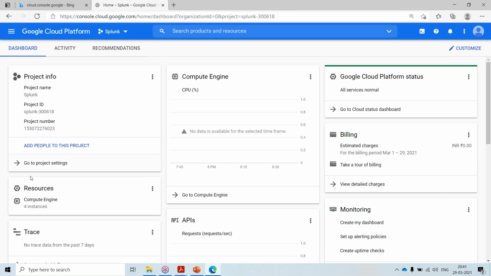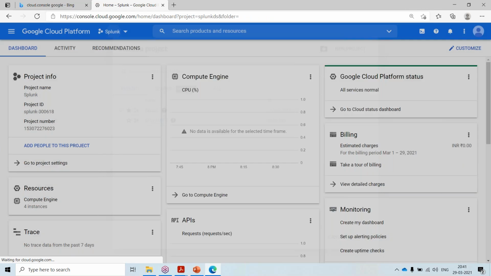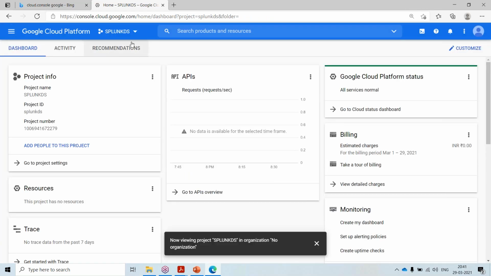Here in Google Cloud, you can create a project and switch between them. You got it? So I created 2 projects. If I want to work on this one, I can click on this one and go here. If I want to work on the other, I can click and go there. Now I'm in Splunk DS.